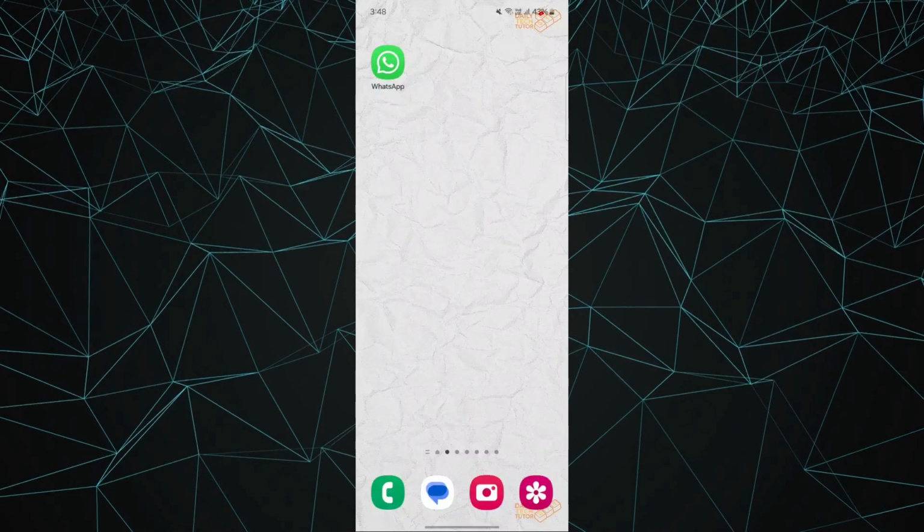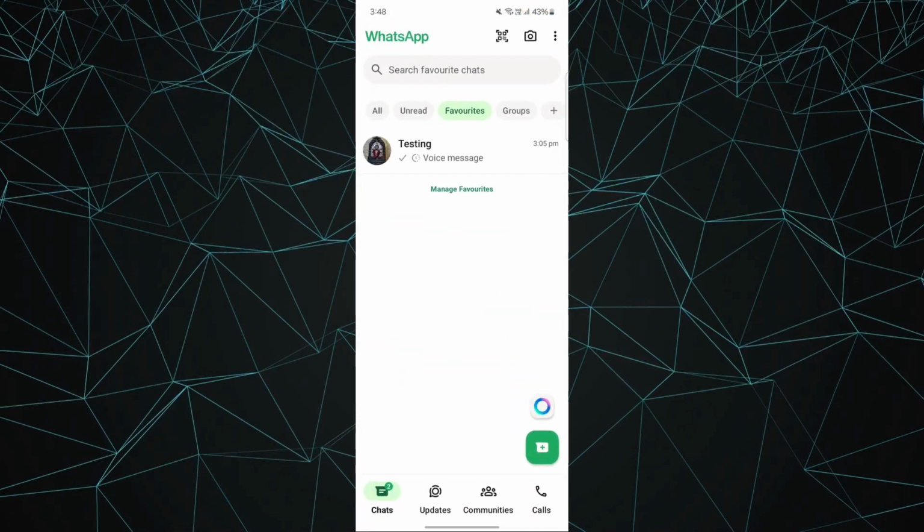In this video, I'm going to tell you how to use secret codes to hide locked chats in WhatsApp. So let's get started with the video. Basically, this is a feature that enhances privacy by allowing users to hide their locked chats. And once they have locked the chats, these chats can only be accessed by entering a unique code into the